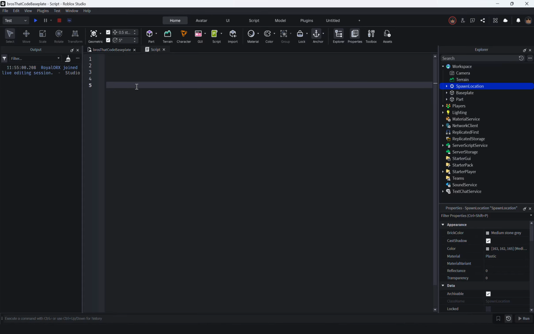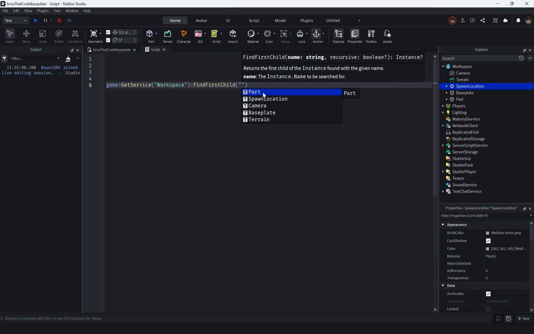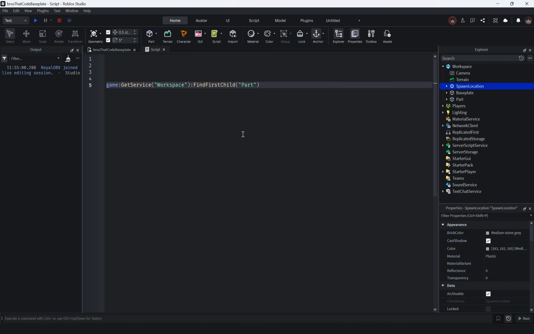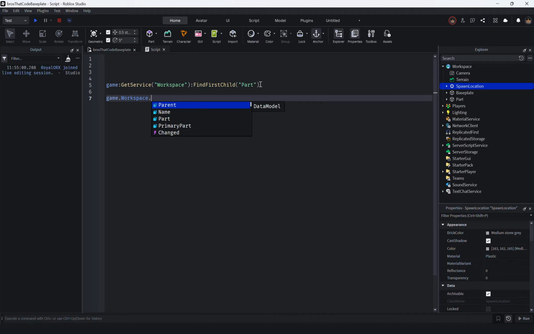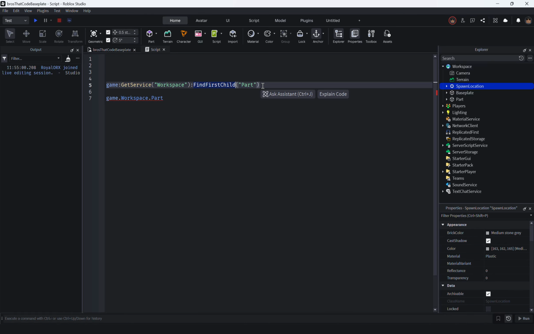So if I go game, GetService workspace, and then I do the colon, FindFirstChild, and then you want to call it by name. We'll say part. That's it. So what I just did is very similar to this. But let me explain. If this part for some reason did not exist, this would shoot an error at your code. This would stop your code. It's done. What this FindFirstChild built-in method does, it gets the part similarly, but if the part does not exist,